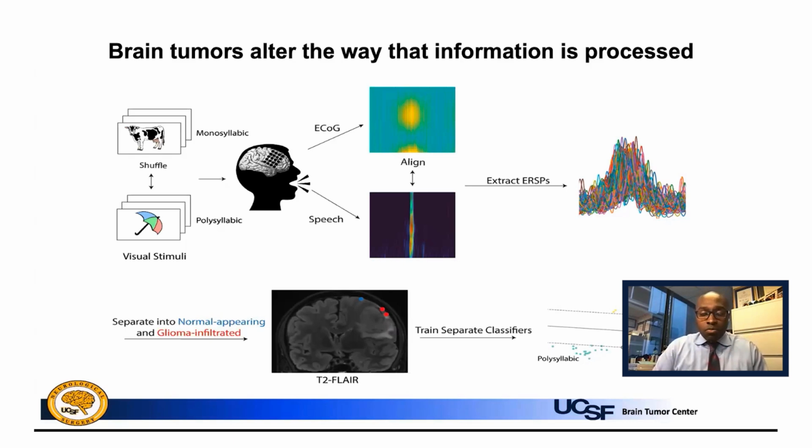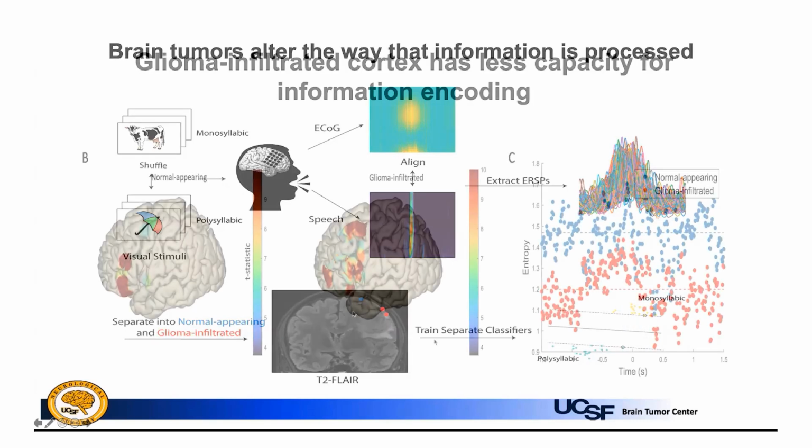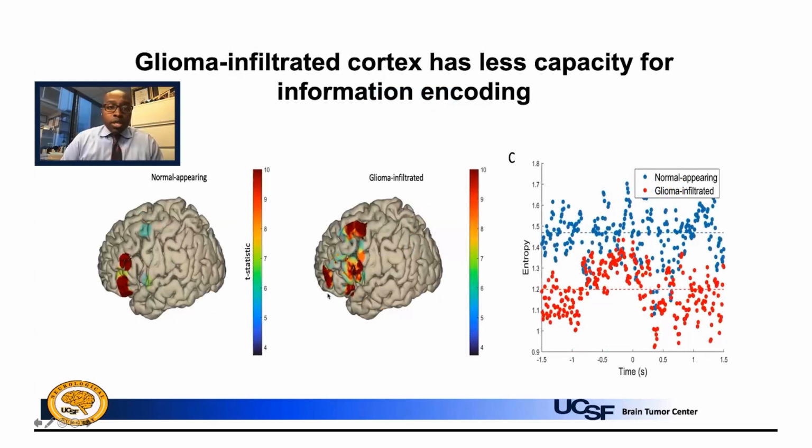And I'm just going to show 2 slides on this concept. I'm going to show that you can measure neural responses in the brain and look at both tumor regions, meaning regions that are infiltrated with a brain tumor like a glioma, and areas that are not involved with tumor. And you can look and see what the neural responses look like, the amount of neurons that are firing when you have a person perform a task such as speak, when separating out tumor areas and non-tumor areas of the